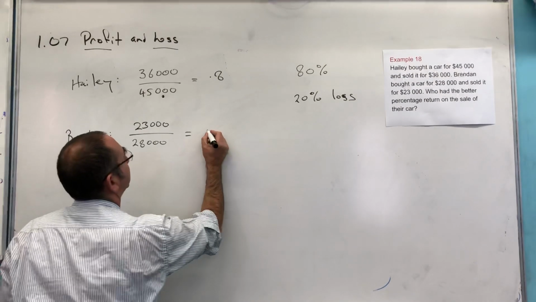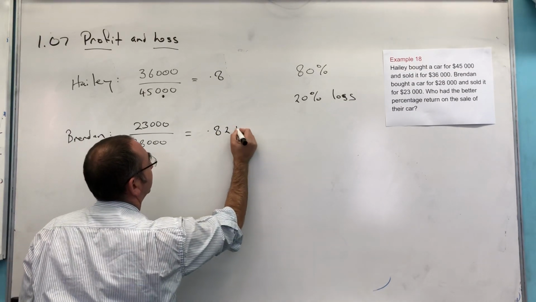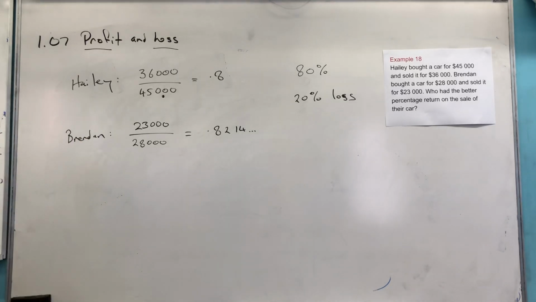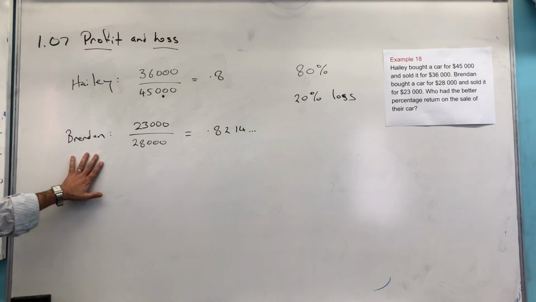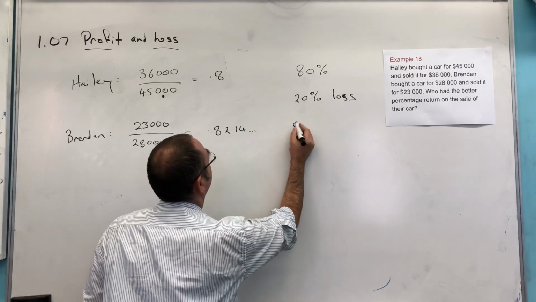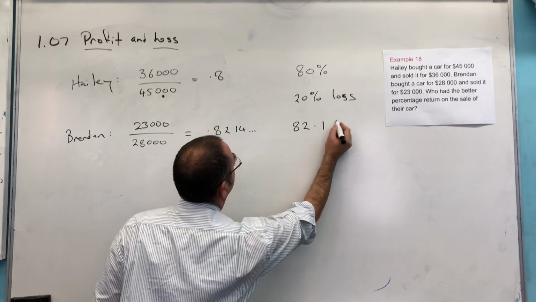Okay, so it's 0.8214 and so on. Okay, now, so Brendan has made a slightly less loss, so his percentage return is 82.1% rounded